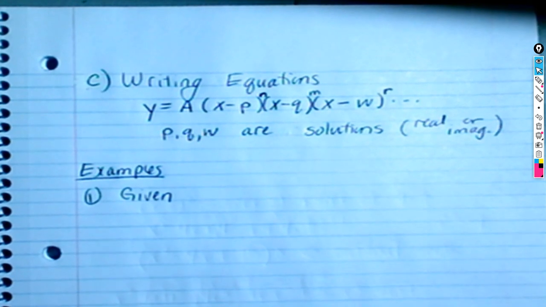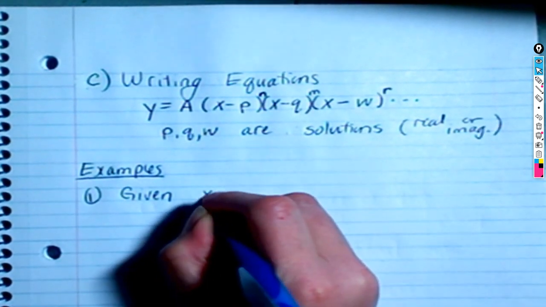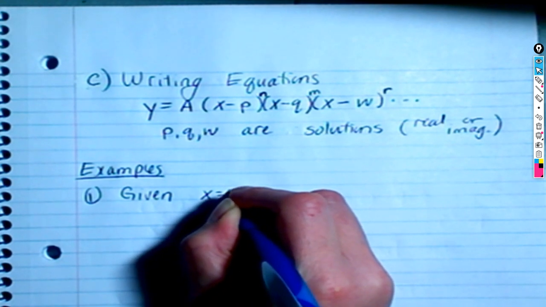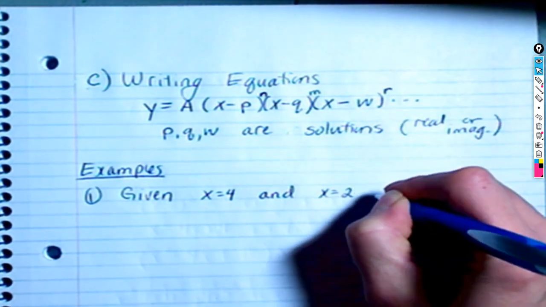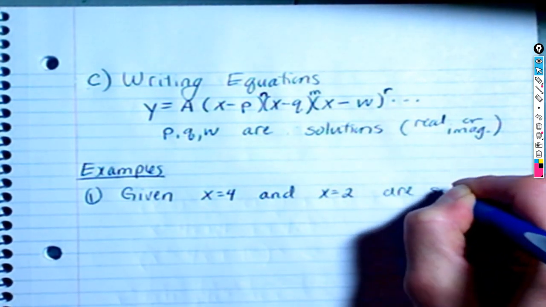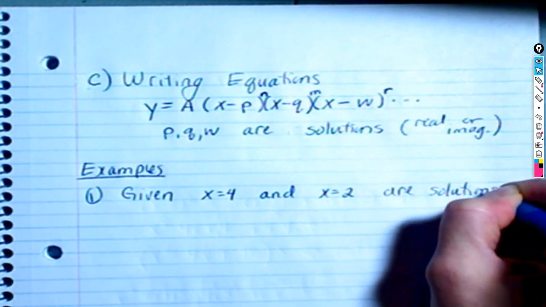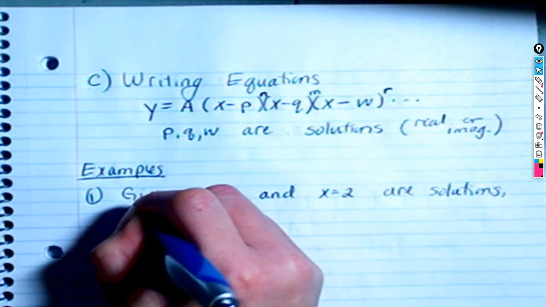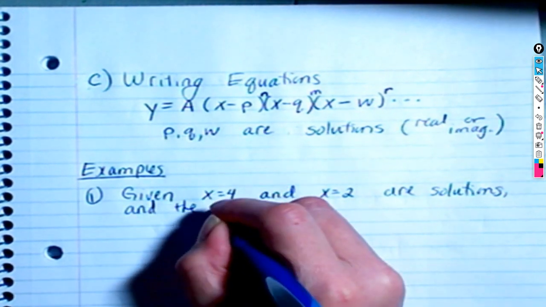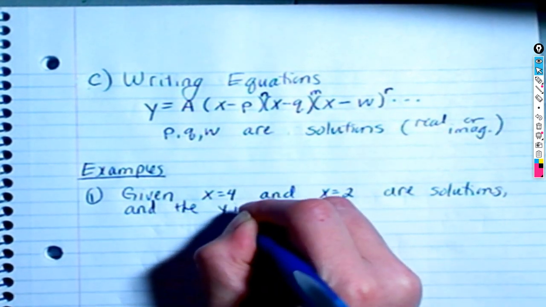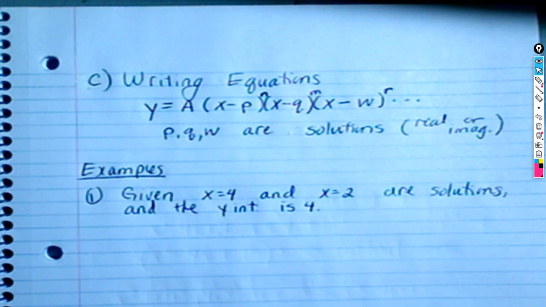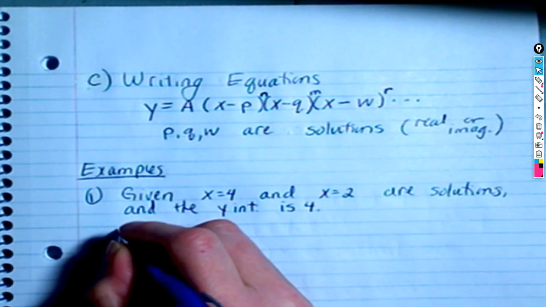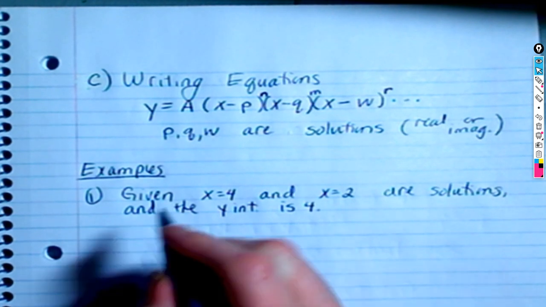Given x equals 4 and x equals 2 are solutions and the y-intercept is 4. Okay, so I've given you two solutions. I've given you the y-intercept, and here's a look at the vocab,